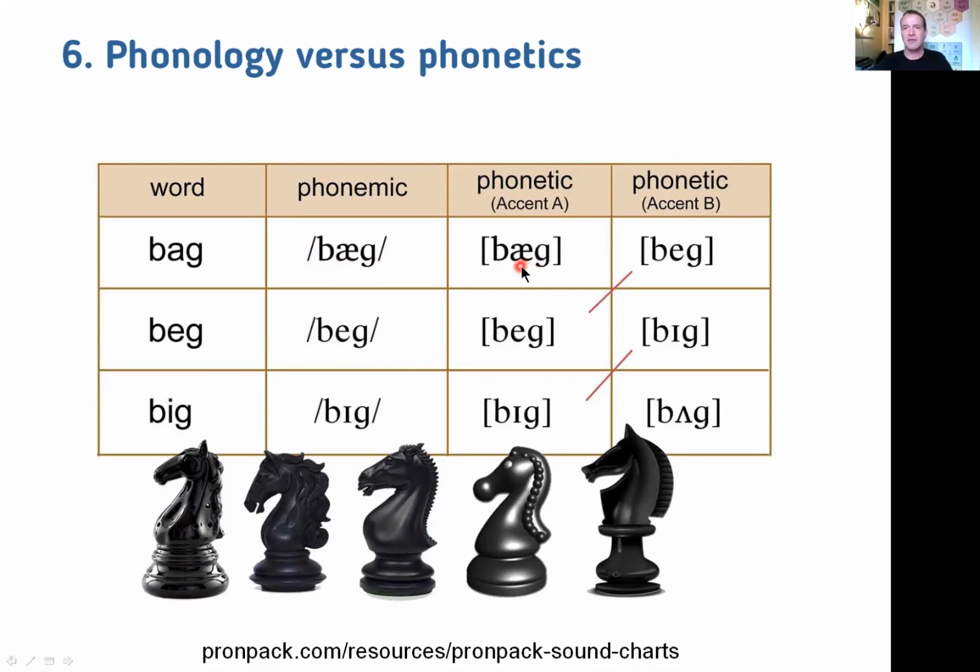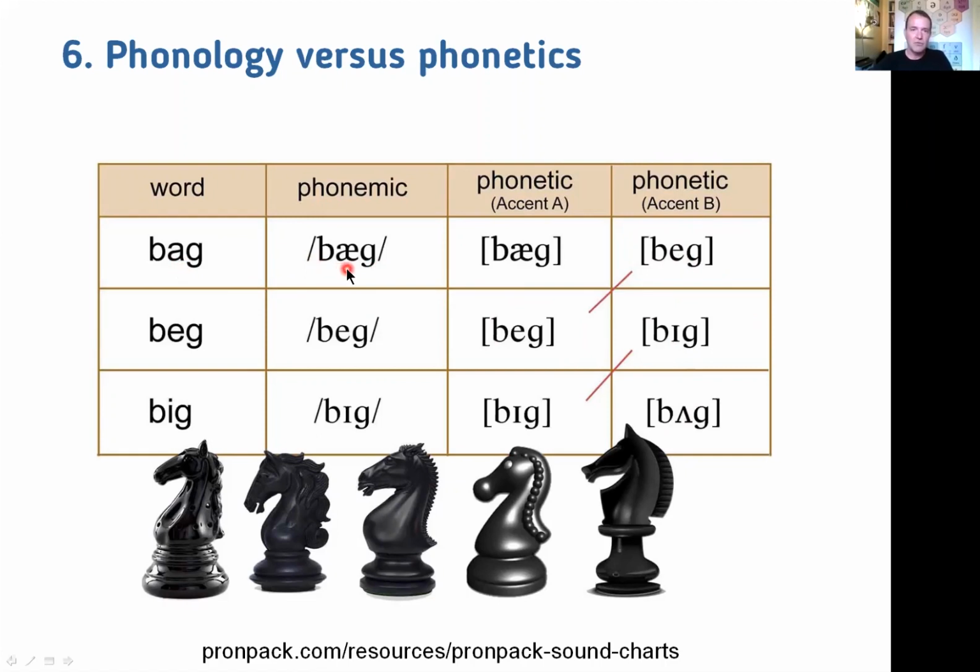So here we have in accent A, bag, beg, big. In accent B, we have beg, big, bug. Both of these would be represented by this. For example, beg is this in accent B. So the phonemic transcription represents that